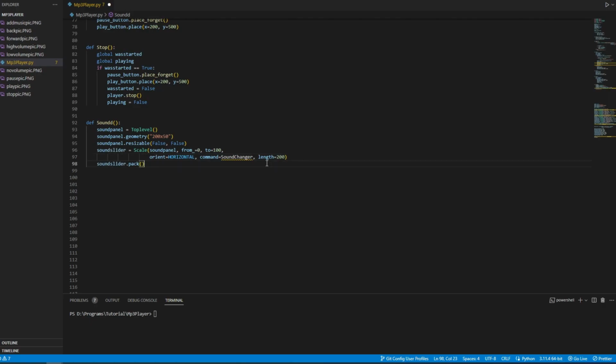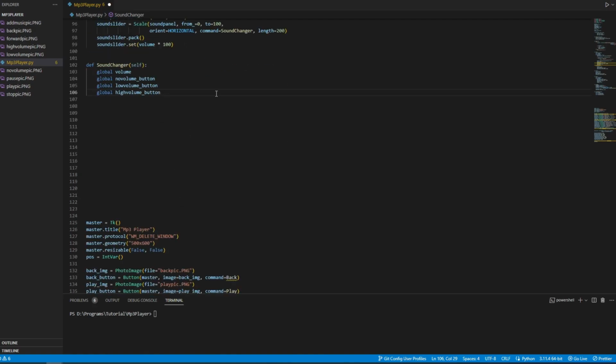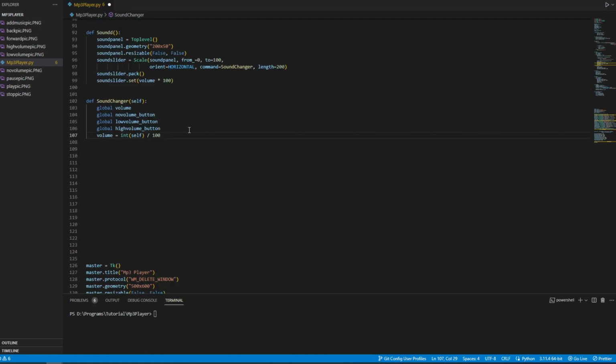I'm going to make this scale visible and I will set its value to our current volume. After that, I will make this sound changer function. I'm just going to global here the variables which we will be using. We will set our volume equal to the value of where we put this scale. We are going to set the mixer's volume to the selected volume and we are going to play a little